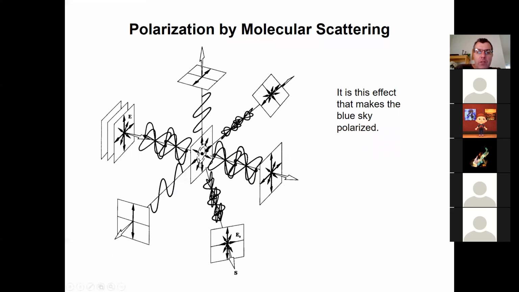All right, on a more serious note, scattering of light by molecules can also polarize light, because if I have a non-polar molecule, this also works with polar molecules, but even a non-polar molecule, I've got light coming in. The light induces a dipole moment in the molecule. It causes the charges to oscillate along the direction of the electric field. And those oscillating charges are effectively little antennas. Now, an antenna